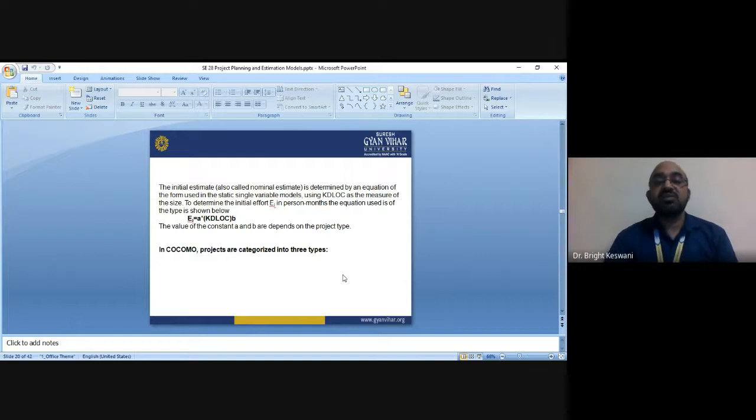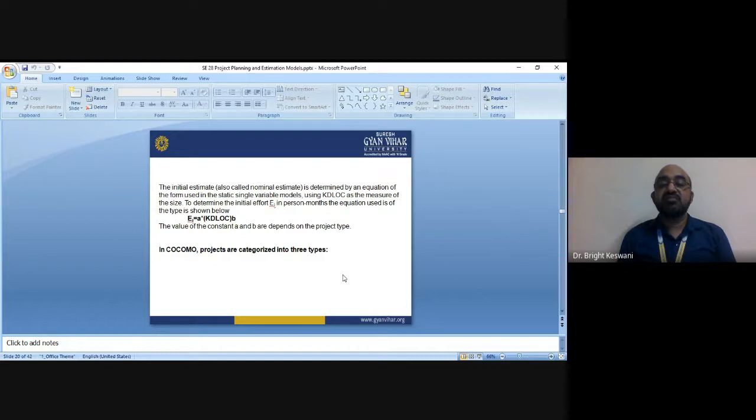The initial estimate, also called the nominal estimate, is determined by an equation of the form used in the static single variable model, using KDLOC as the measure of size to estimate the initial effort, that is,